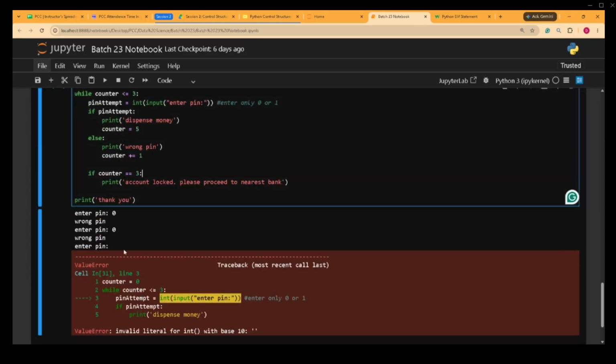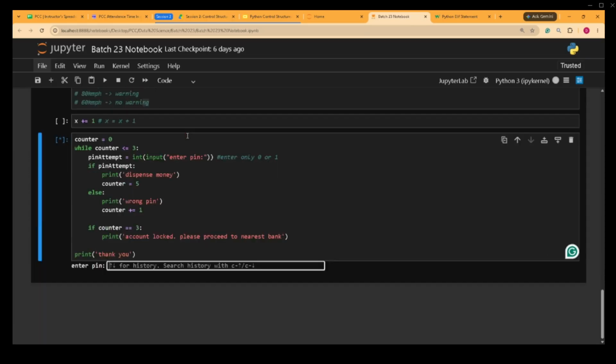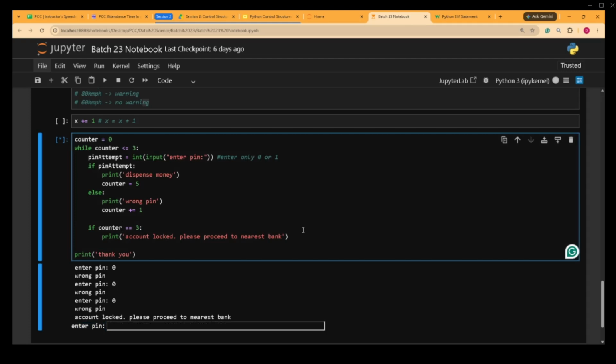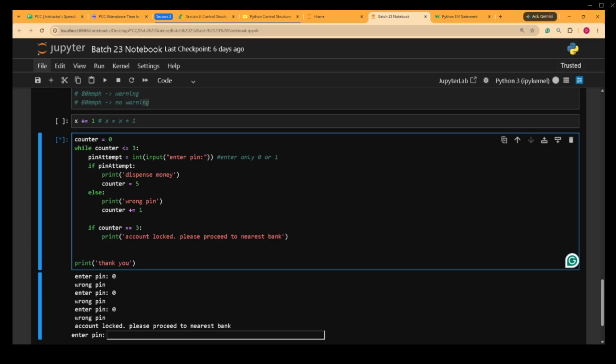What did I input? Oh, okay. 0, 0, 0. Account lock. Please proceed to nearest bank. So you should not be able to enter a pin. Okay. So after that, yeah, there are